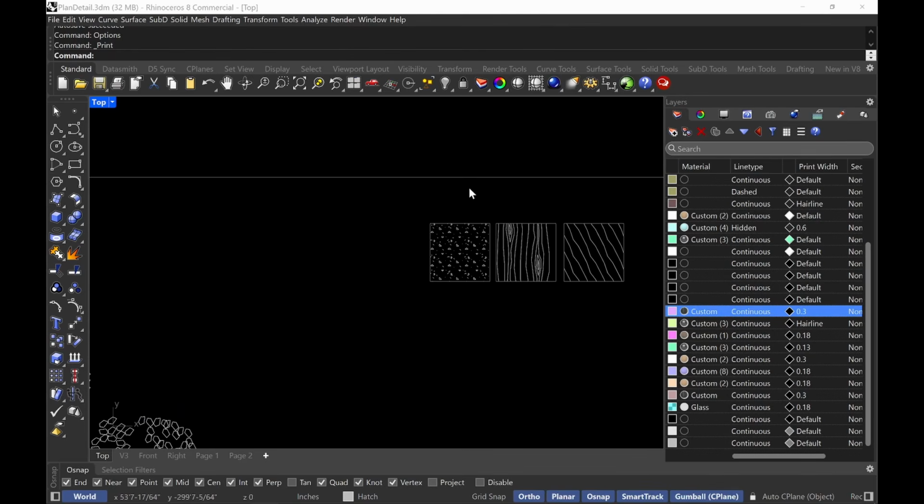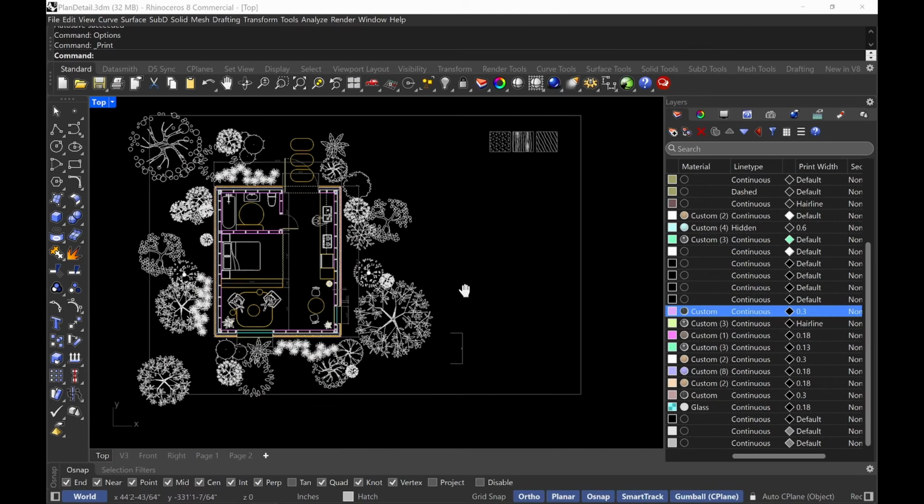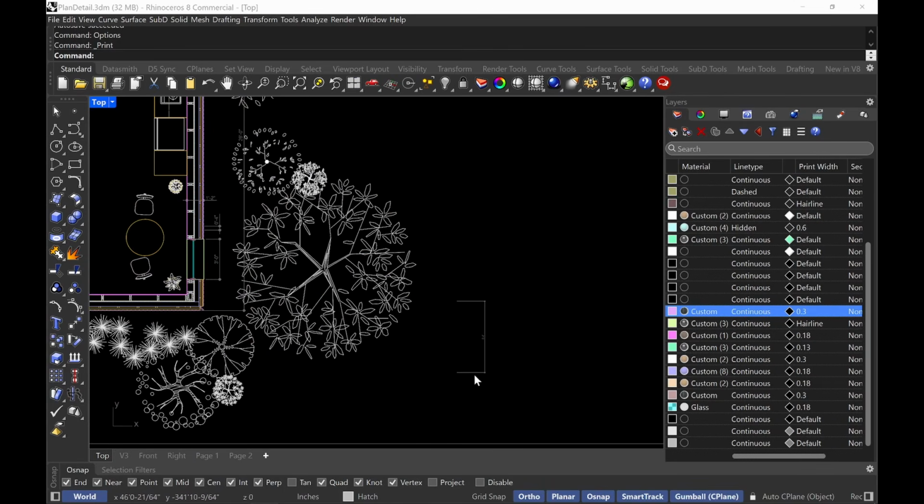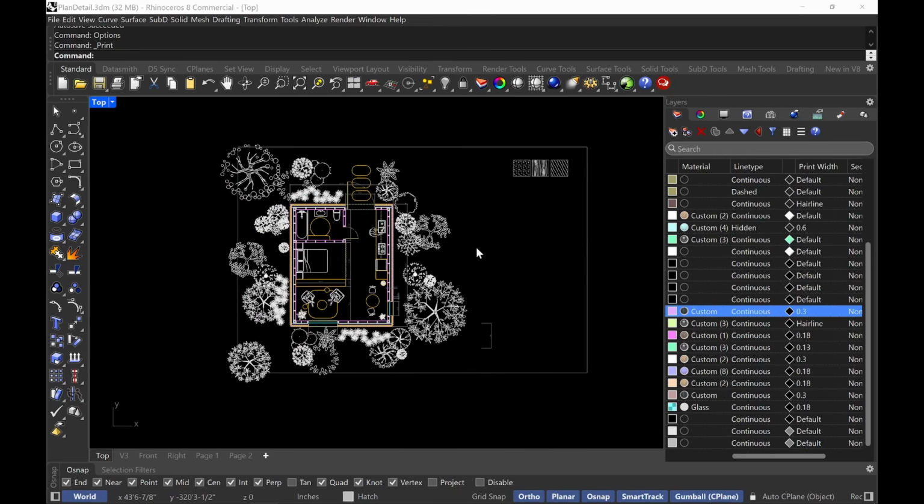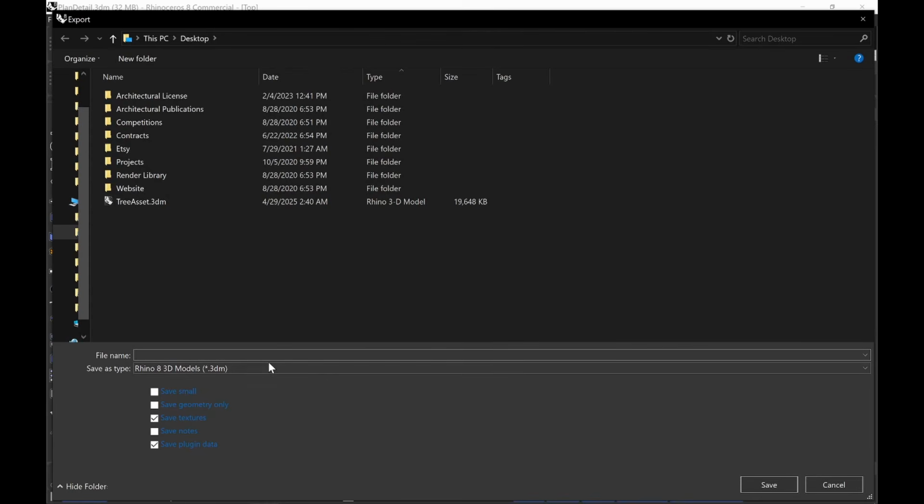Again, I want to take my little sample hatches that I made over here, and I also made another dimension style that's for a detail. Like, so this is a 1/2 inch scale. I want to do like a 1 inch scale or maybe like a 1.5 inch scale detail of this window opening that I'm going to show you as well. So what I want to do is I want to do export, right? Select objects to export. And I want to keep this boundary here. I want to do export and I want to do, to Adobe Illustrator,